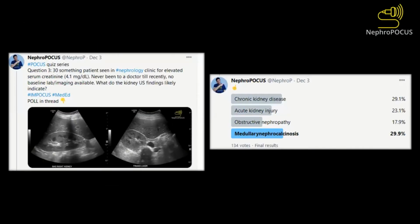I put the same picture on a Twitter poll recently, and there are two tabs. Only about 25% of the patients got it right. The others chose acute kidney injury, and a significant proportion chose chronic kidney disease. That means those people have mistaken increased echogenicity for CKD, and the people who said obstructive nephropathy, I'm assuming probably